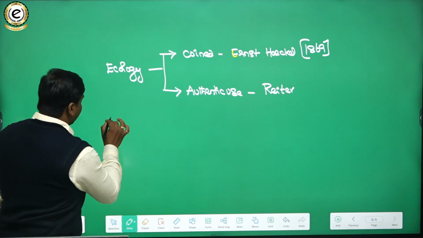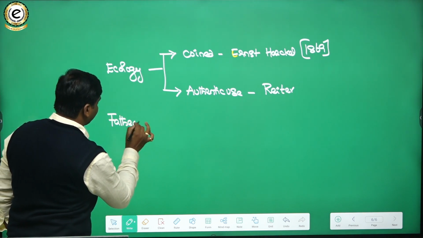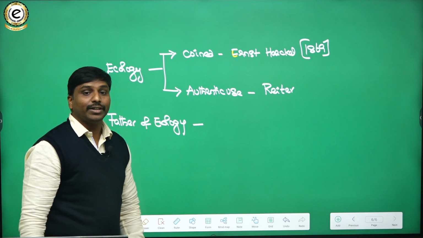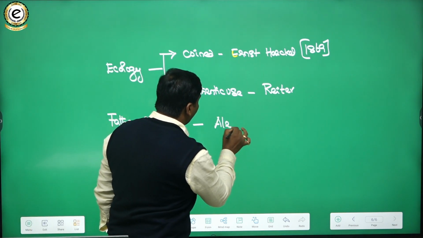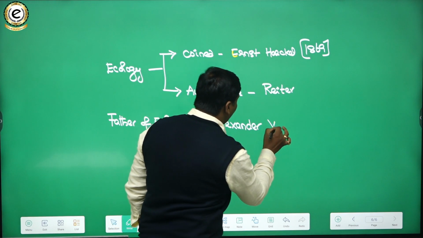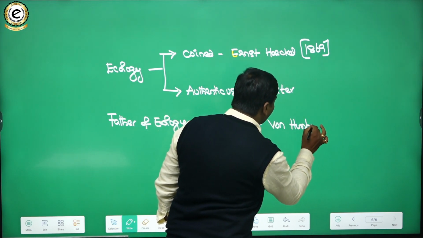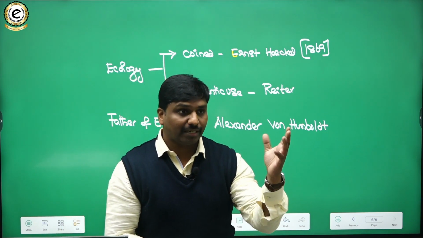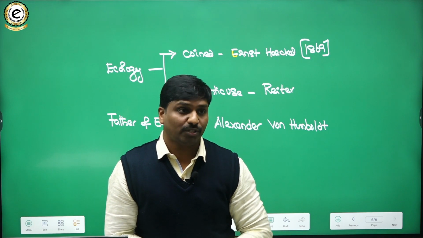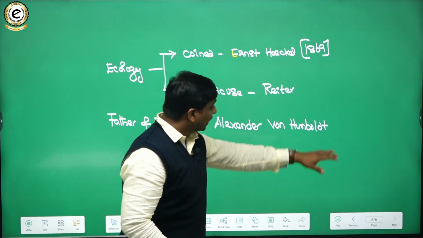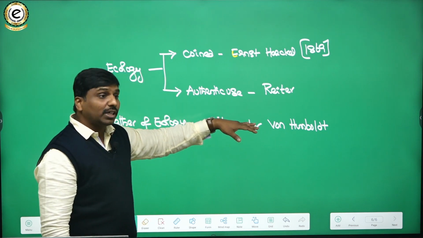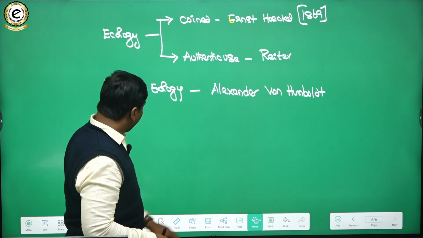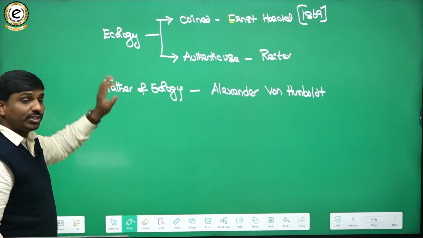And then, who is regarded as the father of ecology? Yes, very good. It is Alexander von Humboldt. Have you heard about the Humboldt current in environment and ecology? Humboldt current, Peru current, Peruvian current, a cold current. That was named in commemoration of Alexander von Humboldt. He was one of the important scholars who did various studies with reference to the environment and ecology. So he was regarded as the father of ecology.